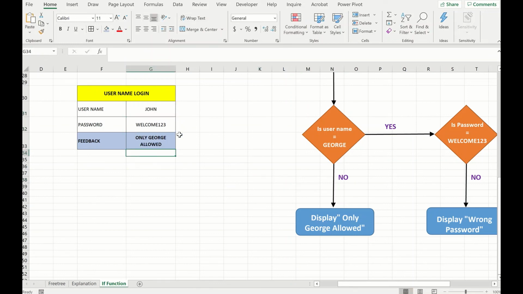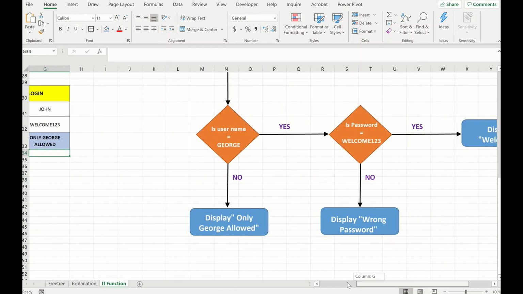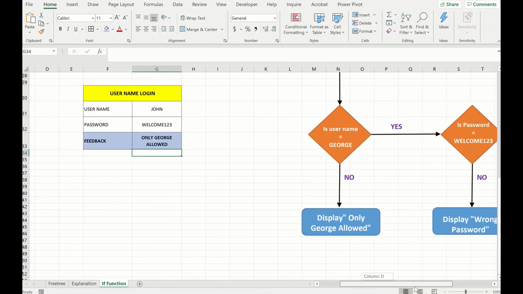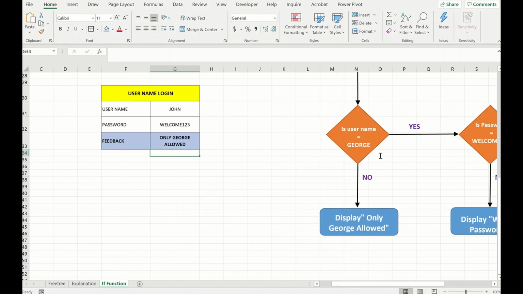So this is a very useful function I use, not for this use, but for other planning purposes. In fact, we can extend those to multiple levels. You can have 3-4 levels also. Just make sure where you're standing, make a flowchart, preferably with a paper and a pen. At least make a clear picture in mind what logical process you're going to have, and then if you do the actual Excel function, it'll be much better.